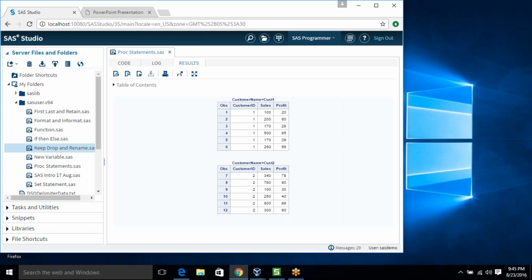And I already told you that if you are using by statement, then it will create a number of sections based on the different values of the variable which you mention in your by statement. So in by statement I mentioned the customer name, and customer name contains two types of customer, or basically two customers: the first one is customer 1 and the second is customer 2. So basically the two sections are coming. One is for customer 1, second one is for customer 2.